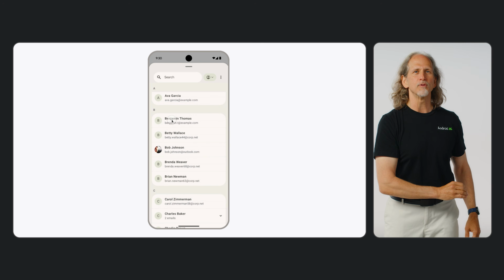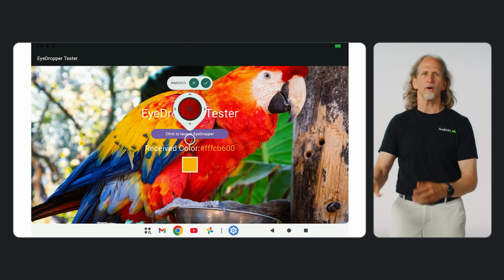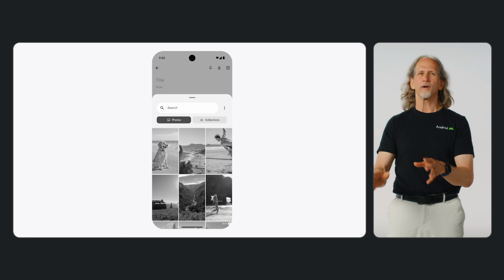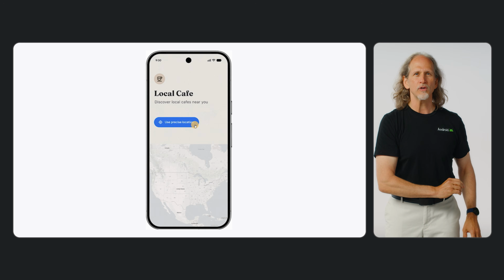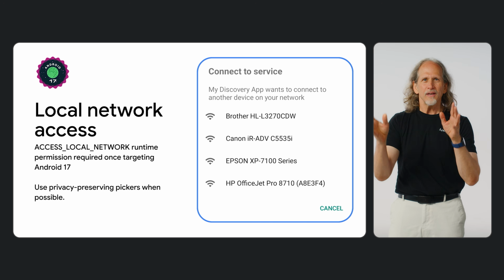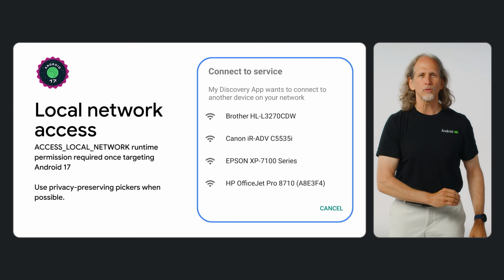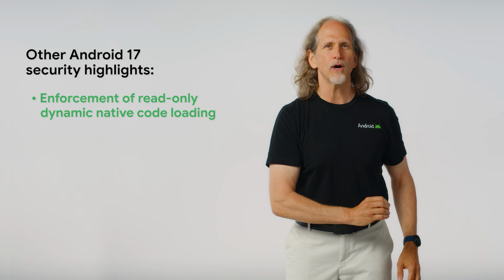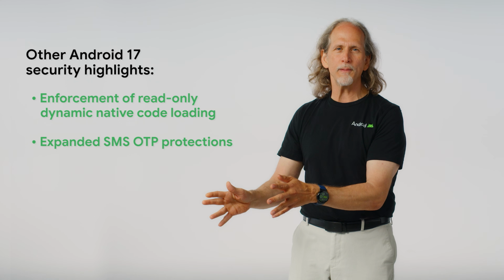For our 4th update, Android 17 continues to champion user privacy by moving away from broad permissions towards session-based access, including new privacy-preserving pickers for contacts and eyedropper, portrait thumbnails to make the photo picker more versatile, and a new system-rendered location button. Also, your app can even comply with the new Access Local Network permission using a picker. Other security highlights in Android 17 include the enforcement of read-only dynamic native code loading, expanded SMS OTP protections, and